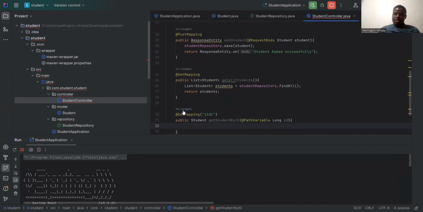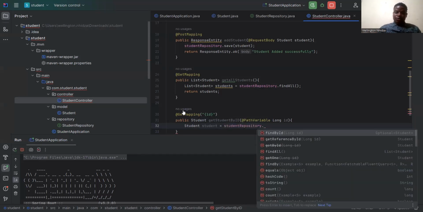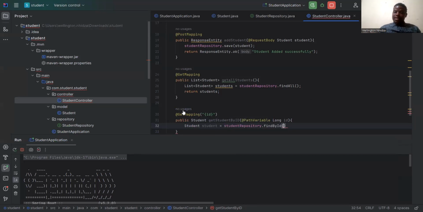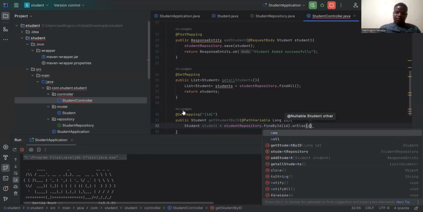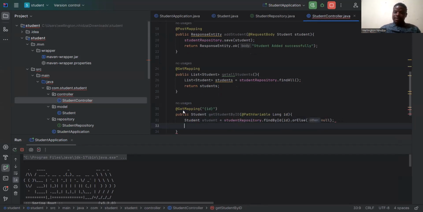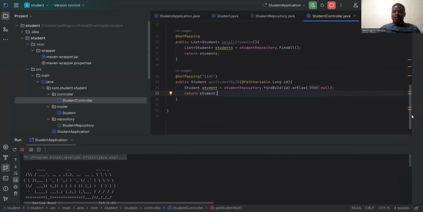So now we say a student equal to student repo. We're going to use this find by ID method, and we're going to put our ID there, and dot orElse. If you don't find that, just return null, and that's it. And we return the student. That's it, and we get our student. And let us create another one, which is